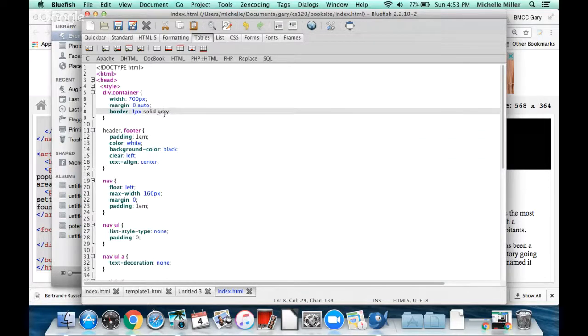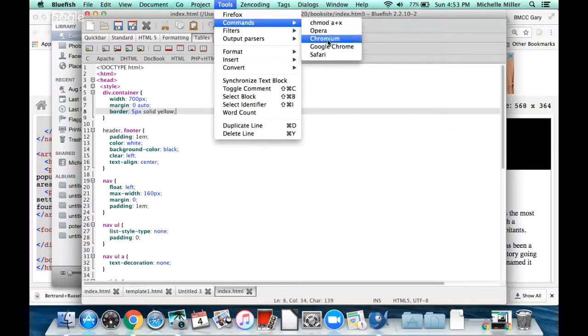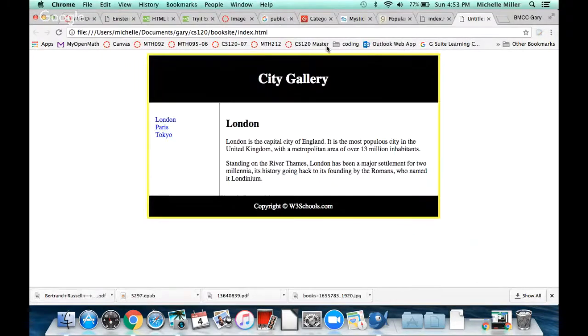And for a border, let's make that, I don't know, yellow. Just messing around right now. 5 pixels, just to know I'm changing it. All right, save it, run it. Okay, so here's my page so far. So everything about the city gallery, London and Paris, that all needs to go away. So as